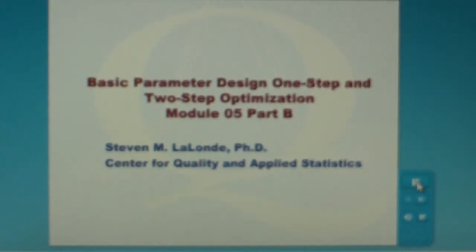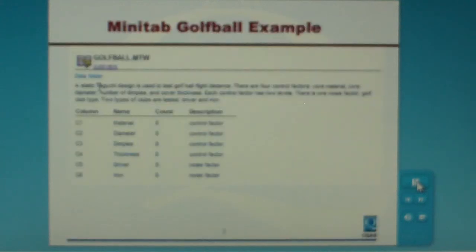Welcome to Module 5, Part B. We'll continue with another example of the static parameter design experiment with a bit more detailed analysis. We'll use a few more experimental design and analysis skills, which will point out some of the hazards of applying simple analysis routinely. This data is again from Minitab, so you can have a try at analyzing it yourself later